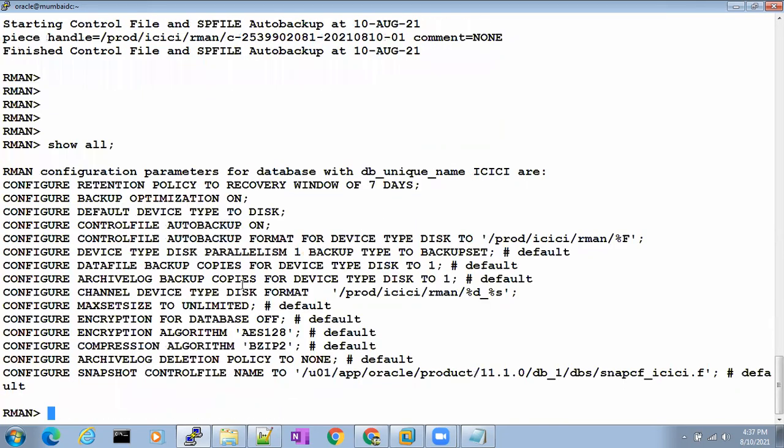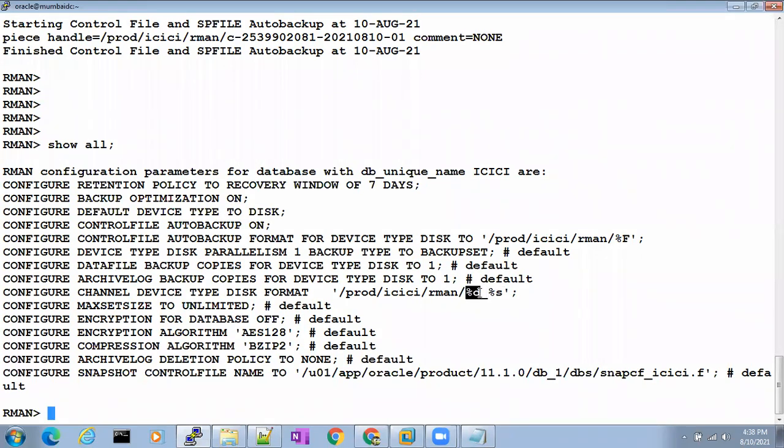And now I'll tell you. Yesterday, a lot of people asked me, sir, what is this percentage D? What is percentage S? Should I tell the answer now? Everyone is eagerly waiting to know the answer, right? Should I tell? Yes or no? Yes, sir. Okay. What do this percentage D and percentage S mean?